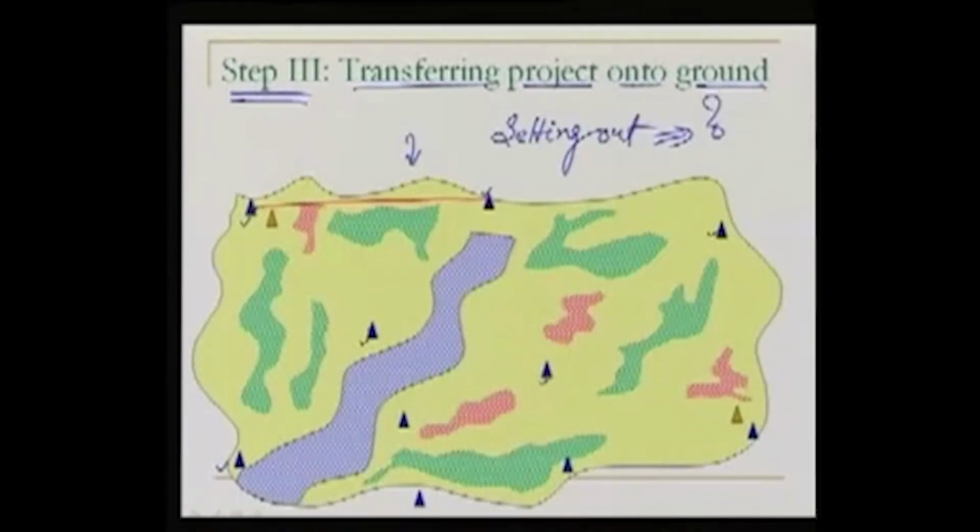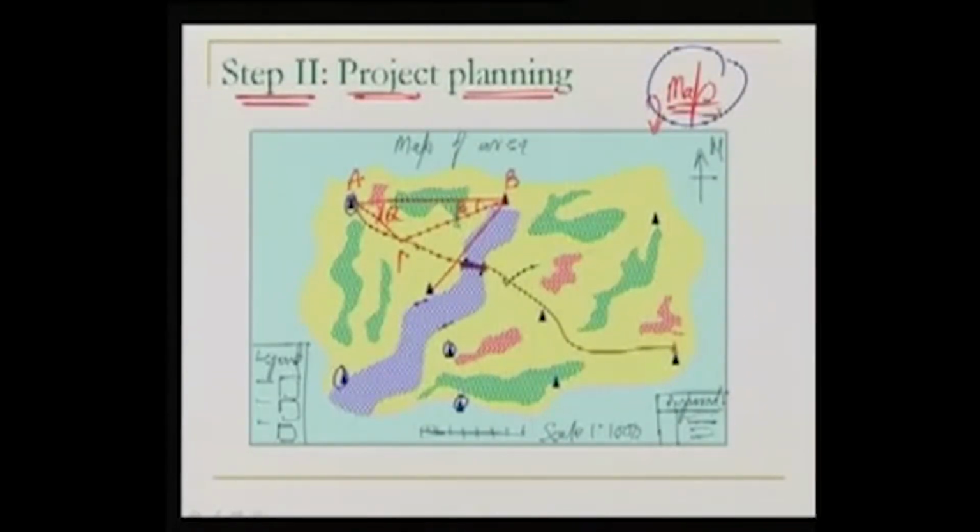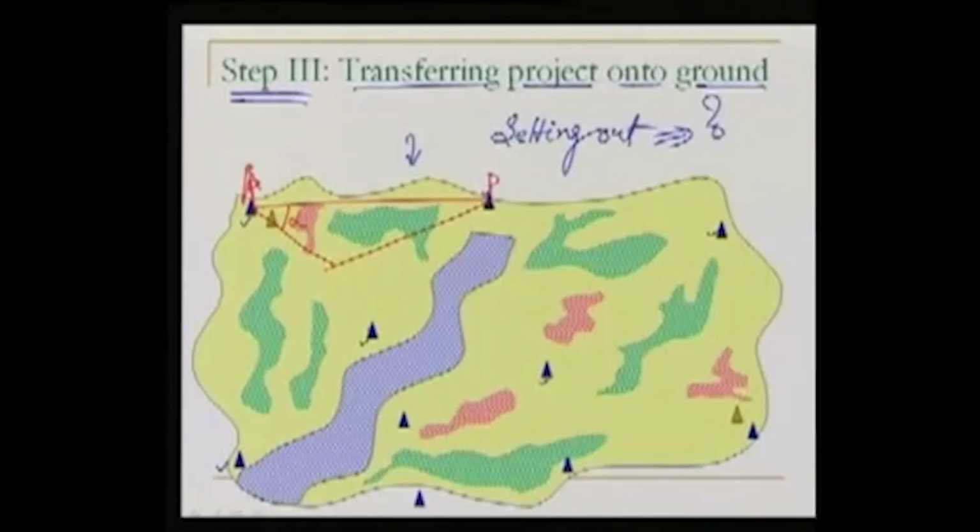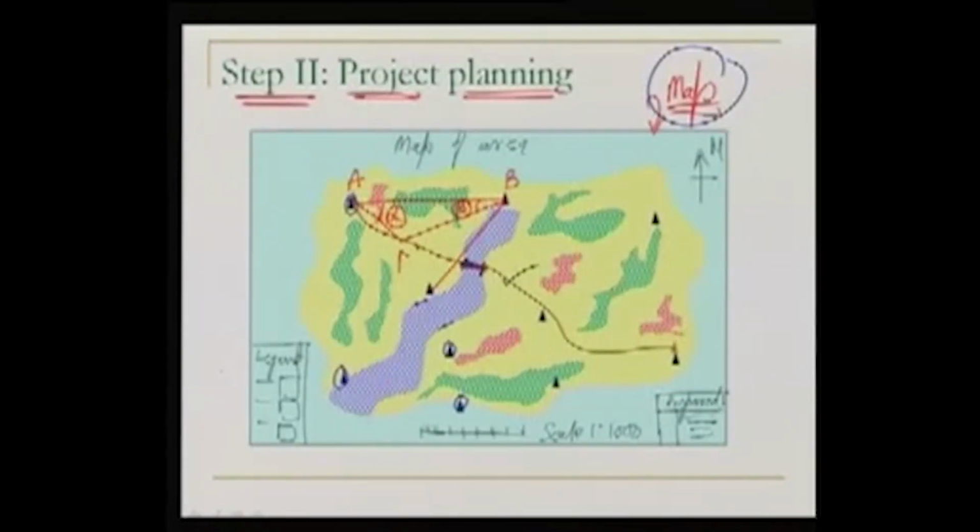set up this line by having the ranging rods here and putting the theodolite over here. I can measure the angles alpha and beta, because we had alpha and beta angles. So the same we'll do: we'll set out the alpha angle and beta angle there in the field, and wherever they intersect, that's the point which is located now. So we ensured that the point has been located where it should be, as it was there in the map. Similarly, any other point, for example here on the road, can also be located using some other